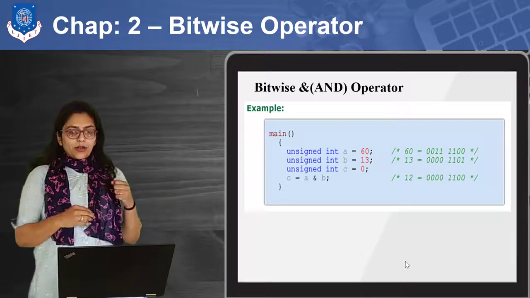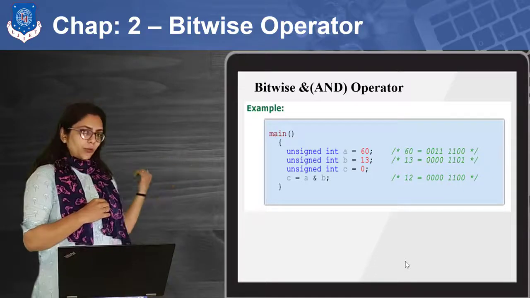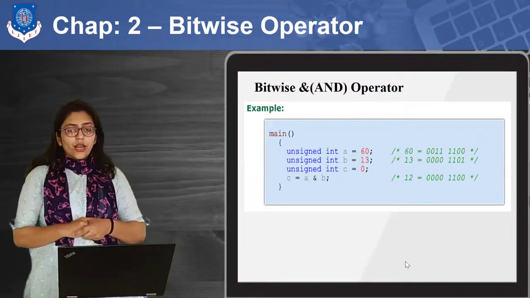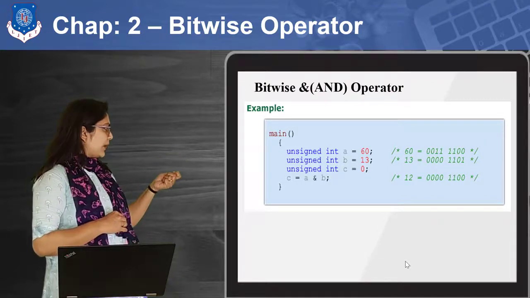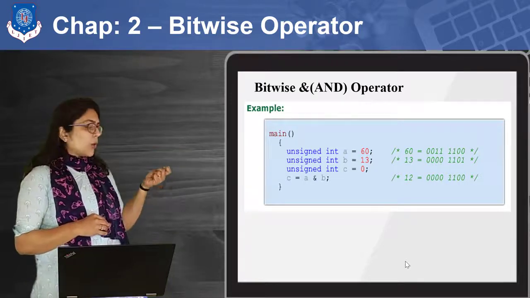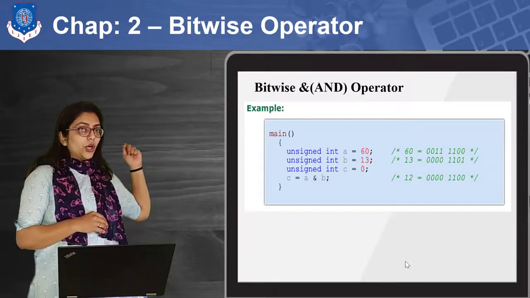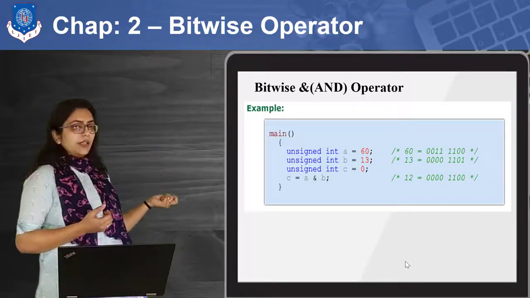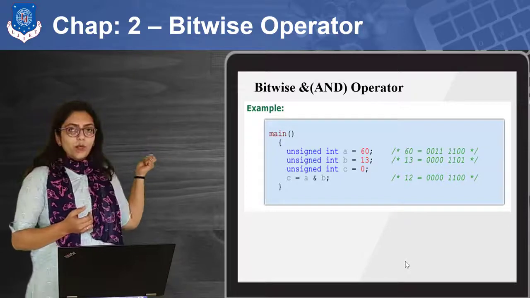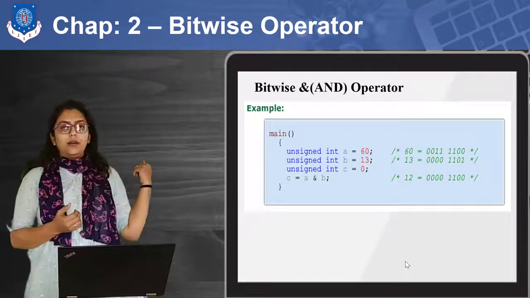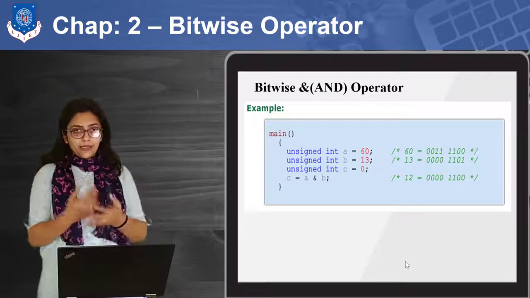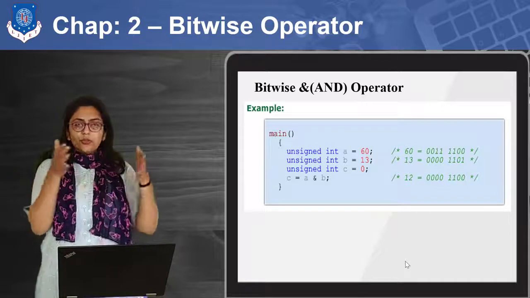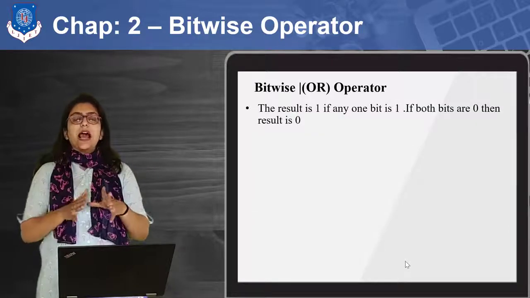So you can see the bits over here, right? If you start from the right, which is called LSB to MSB in digital language, the last bits are 0, 1. So ANDing of 0 and 1 will be 0 according to the truth table. Then 0, 0, so it will be 0 itself. 1, 1, that is 1. 1, 1, that is 1. In a similar way we have got the value of C in bits. Now this 8-bit value will be converted from binary to decimal, so our answer will be printed as 12.